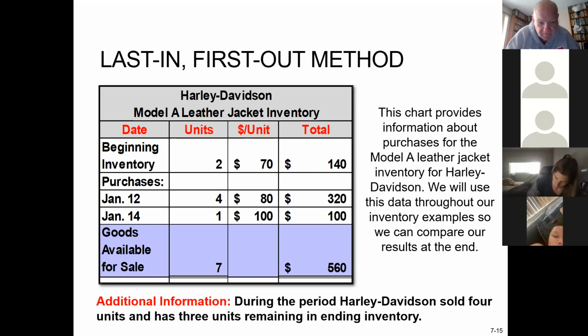Well, there's 2 at the beginning. Oh, is it just the 3 of the 4 of the January 12th? Exactly. Excellent. That's exactly what I wanted you to pick up. You're starting under last in. What was last in? The one for 100, and 3 of these for 240. Very good. That's the thought process. Good job.